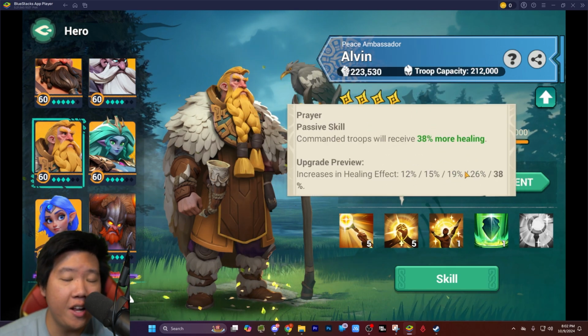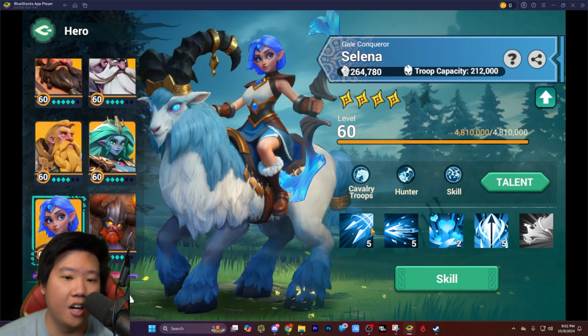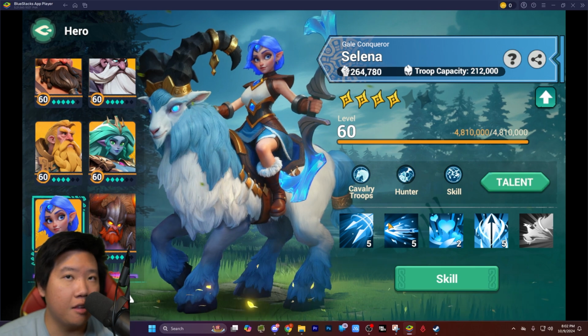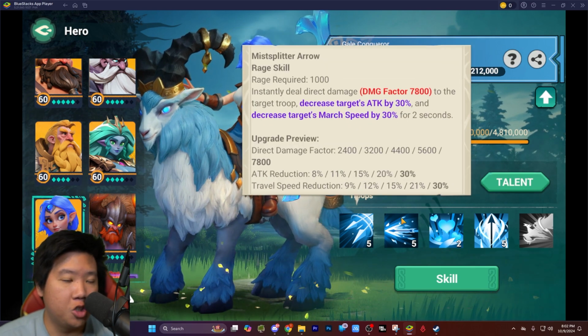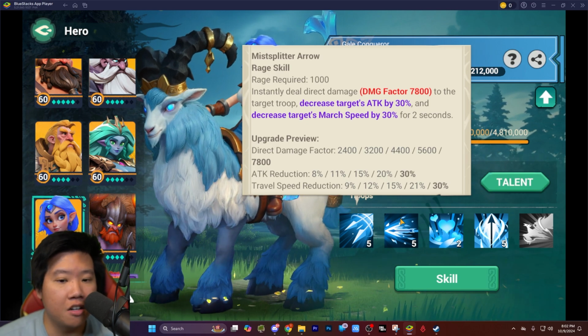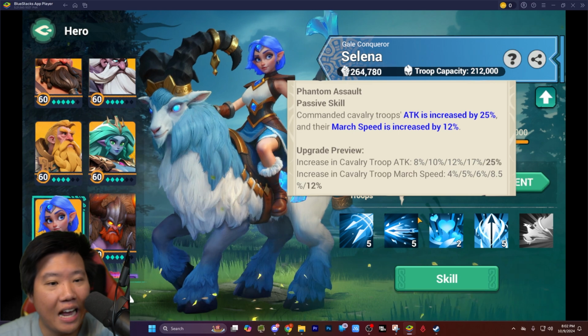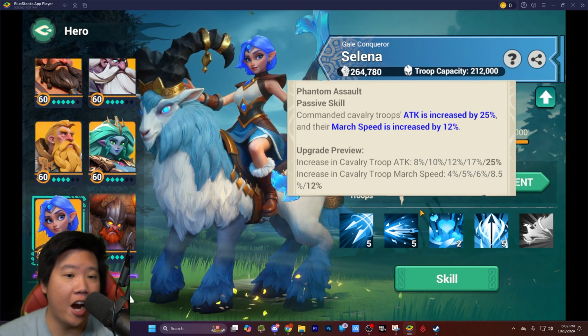Increased healing effect, great pair really for Reed. So let's talk about Selena in here. I like Selena. I put a good amount of tokens in Selena, although I don't say that Selena is going to be the same tier as Aaron, because Aaron's just so much better, and it's also a top lord hero, right? So with this one, I would say this is going to be very, very close to Aaron,